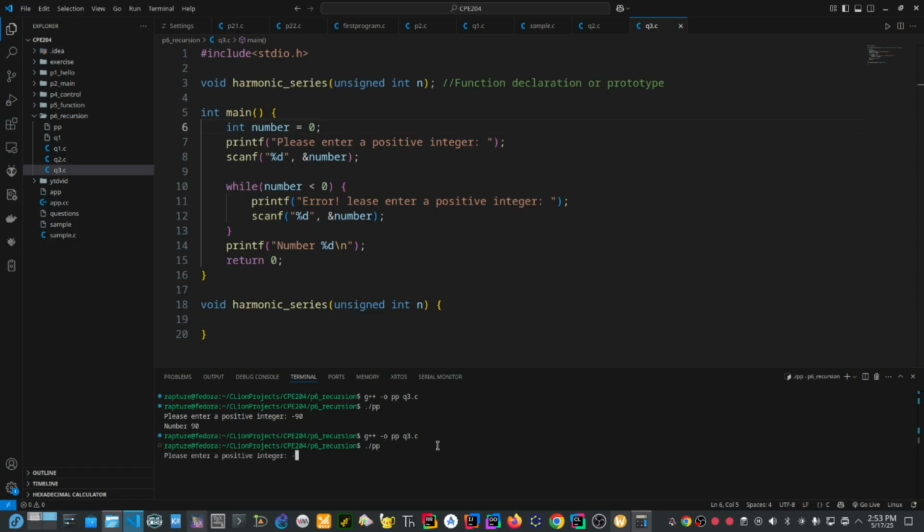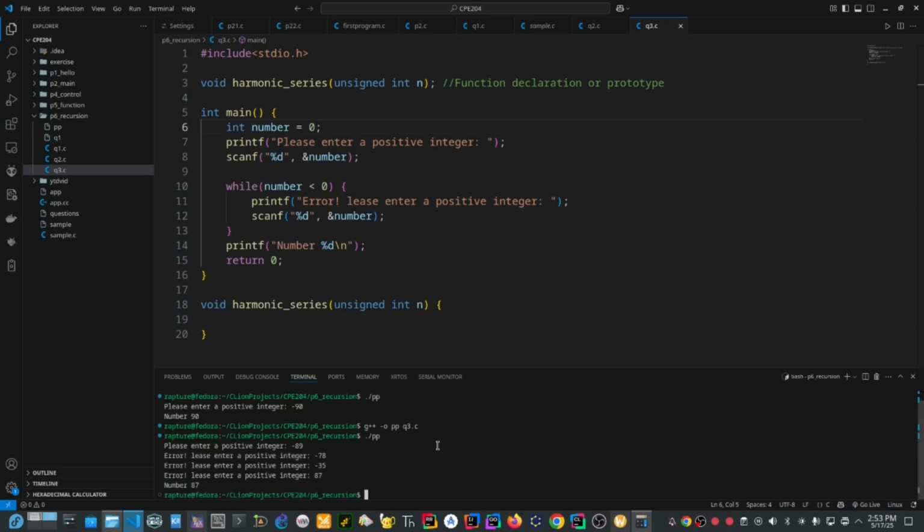Maybe minus 89. Can you see the error? Minus 78. Can you see? Minus 35. But when I enter 87, can you see? So now we are good to go with this now. Then